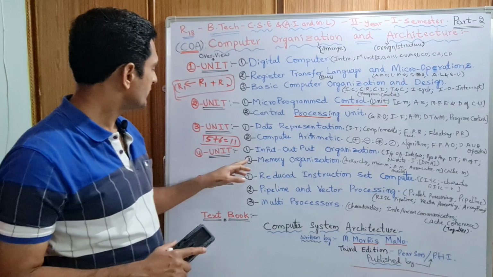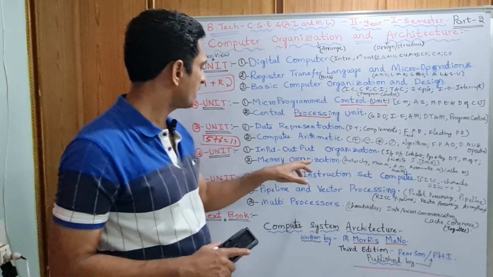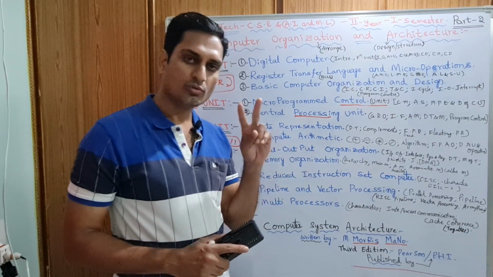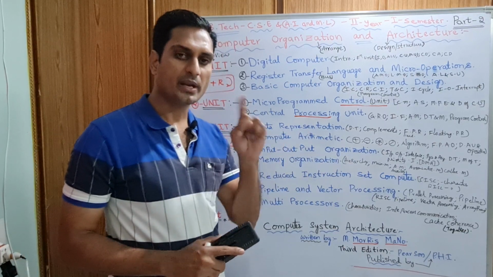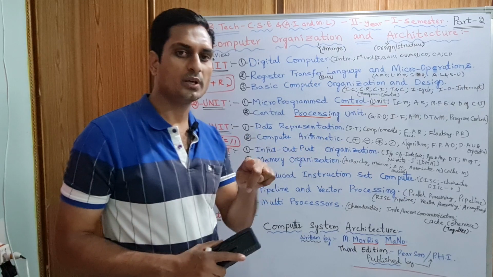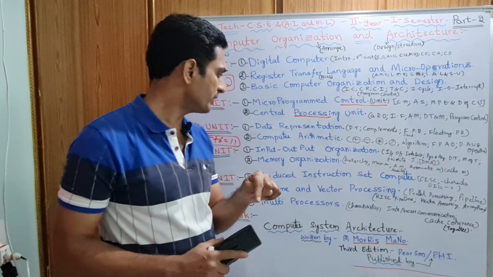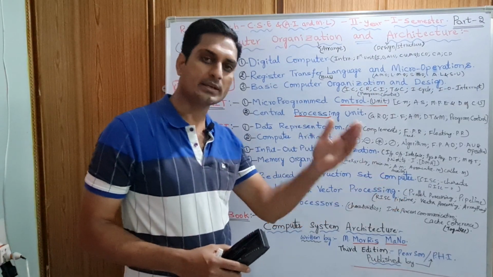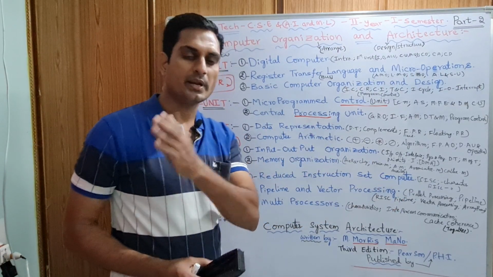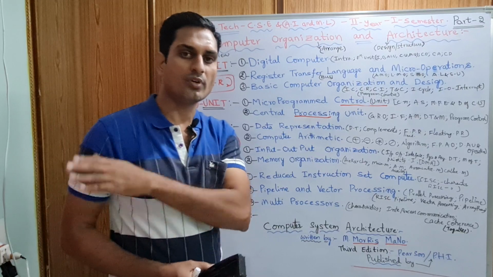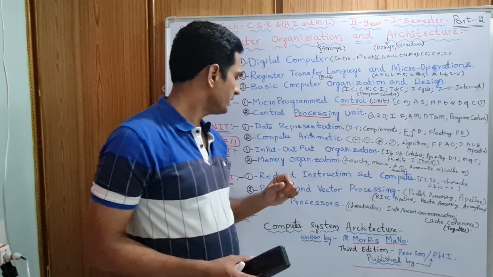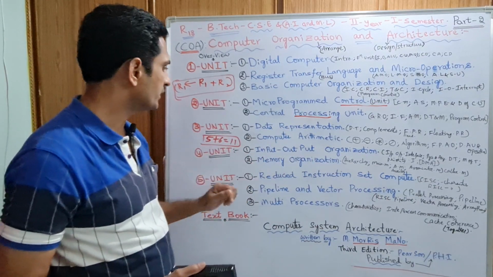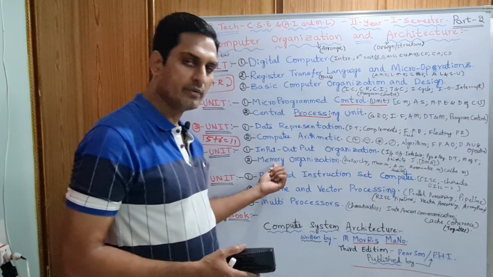And we have the fourth unit, second chapter, memory organization. Memory means the heart of the computer. It has 2 types, primary memory and secondary memory. Primary memory is RAM or ROM, random access memory or read-only memory. Right, that I am going to discuss in detail. And secondary memory is the hard disk. External memory is external hard disk, pen drive, CD, DVD, floppy, and so many memory units are there. Examples, and how data will flow inside that and outside that. Hierarchy of the memory devices.